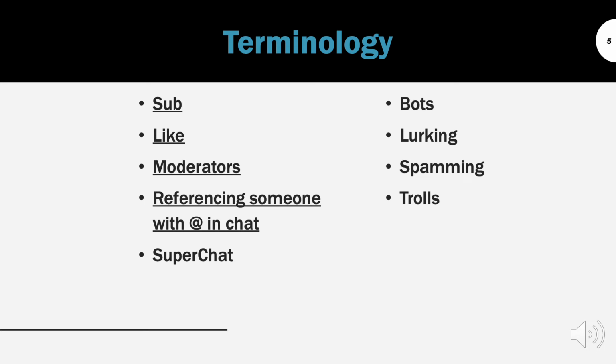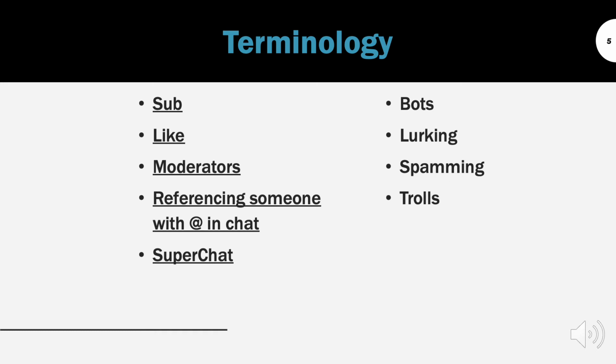When you want to talk to somebody in the chat, want to reference one of the members, if you want to get their attention, put an @ sign and then start typing their username, and it will pop up. And you can click on that username and then type what your message is. When they see it come across chat, it will highlight their name. It will help them to recognize that you're trying to talk to them.